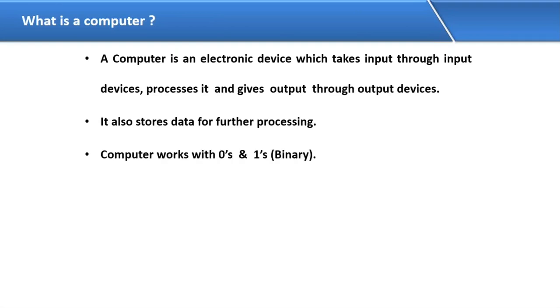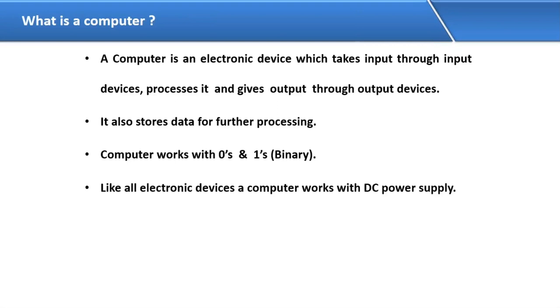Computer. Next, the computer works by zeros and ones. The language is binary language, zeros and ones. We understand in our language like English, but the computer does the process in its own language, binary, and gives the answer. And the next is what? Computer, like all electronic devices, is an electronic device and works on DC power supply, direct current power supply we require. If I unplug the cable of this server or this machine, it will not work. So to run the computer, by the help of power supply our computer will work for you. So this is one thing.